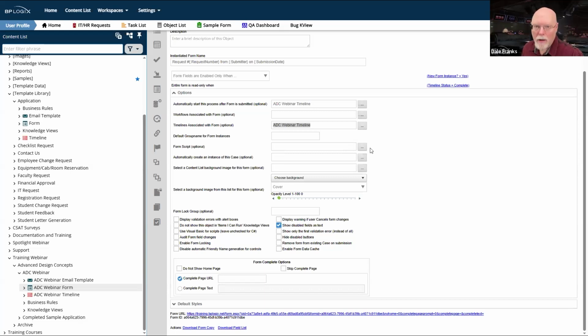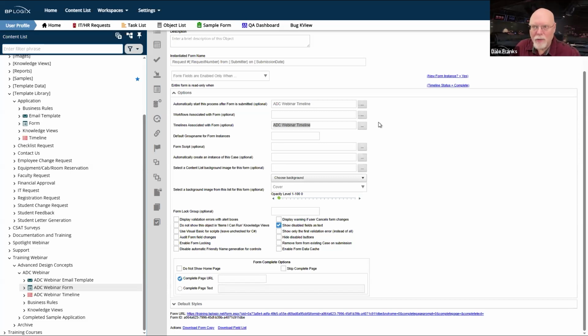It is not required. You don't have to fill in this property. It is a best practice to do so, but it's not required. You don't have to do it. If I did not associate a timeline with this form, I could still create timeline-based conditions. It just gets more tedious to do because now it doesn't know what timeline I want to use. So I always have to go through. And if you have as many timelines on your system as I have on mine, which is to say hundreds,